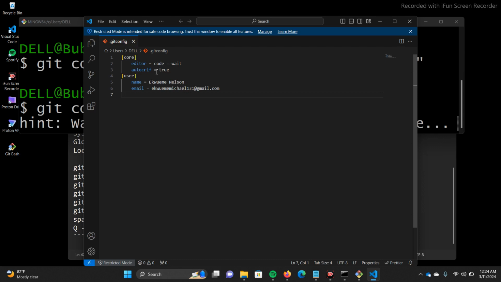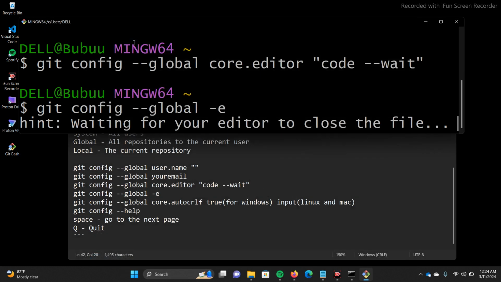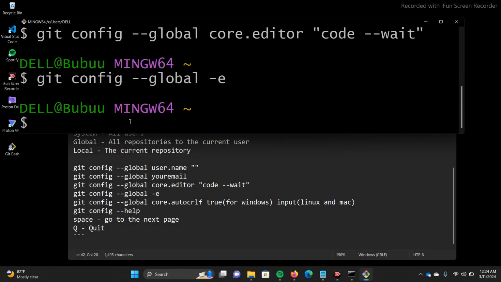So when I was installing it, it didn't affect this, but it's okay. So I'll close this. Once I close this, you see we have our terminal back for us. The next thing we are going to configure is line spacing